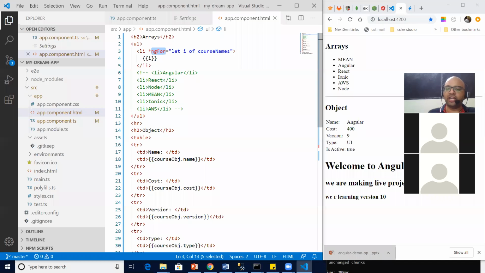structural directive or control statement based directive. Attribute based directives will work on the attributes. Event based directives will work over the events. And structural directives, like ngFor, is a structural directive. These work with an asterisk; we need to put an asterisk in front of them. So structural directive, event based directive, attribute based directive.